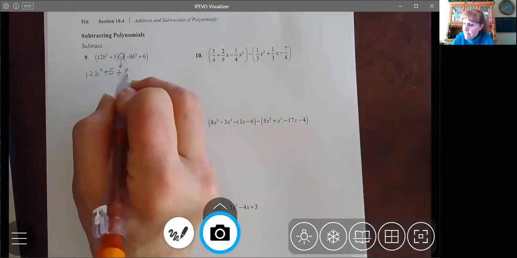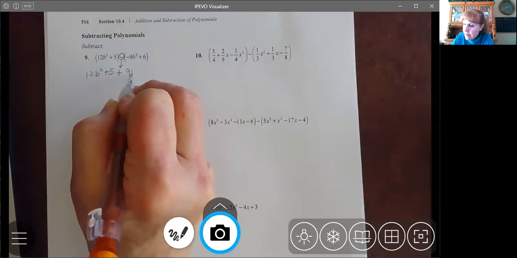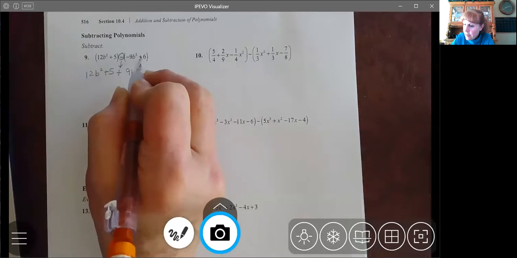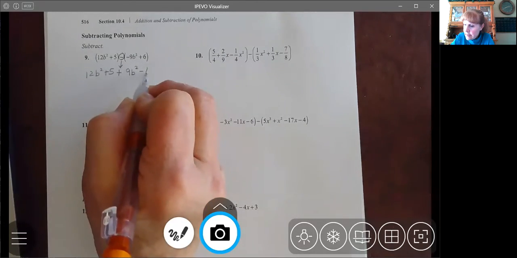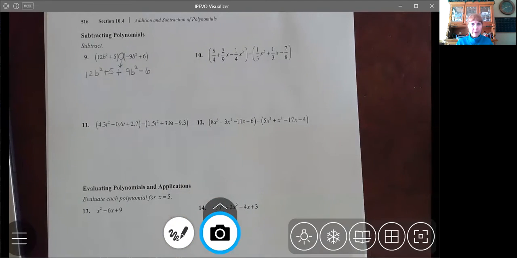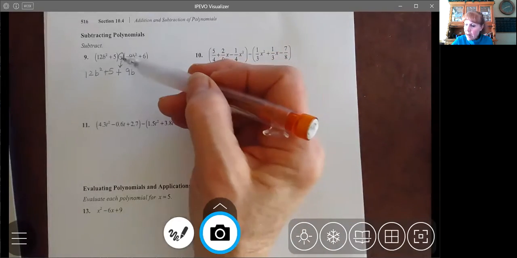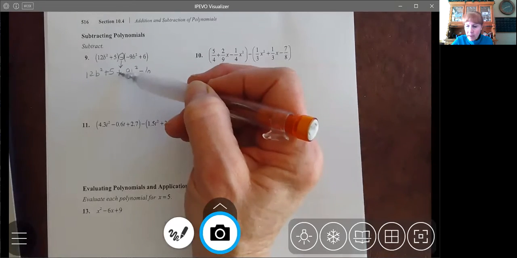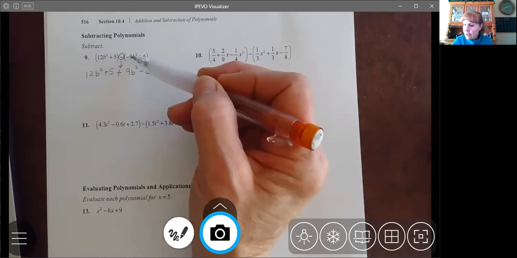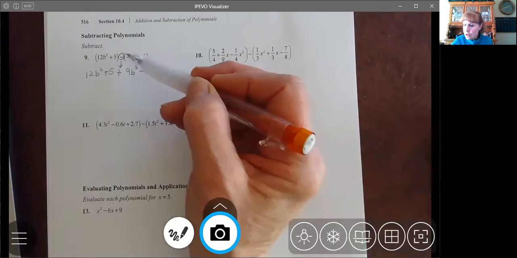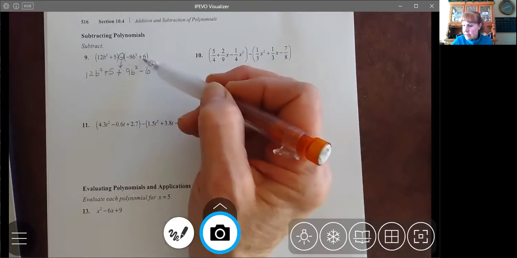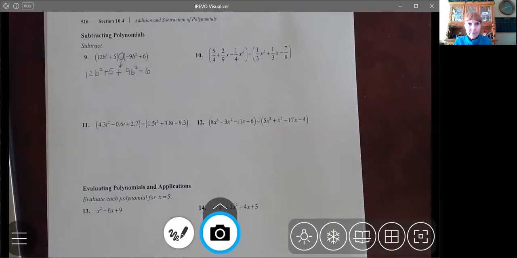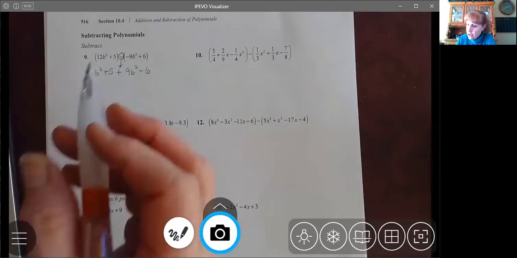So we'll have a positive 9b squared, subtract 6. And now it's just like what we did with the other ones. When you have a subtraction, you can change it to addition, and then you distribute that through. So you change all the signs inside. Okay. Now finishing,